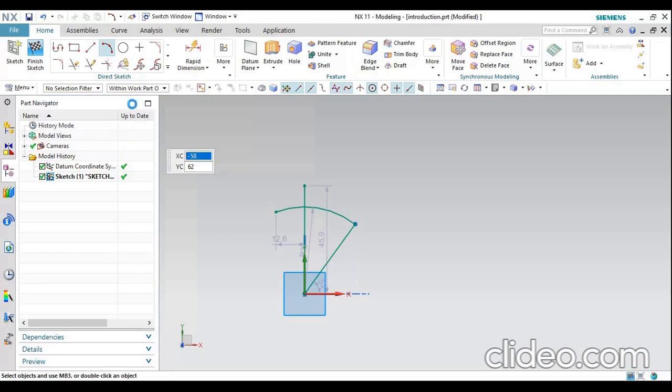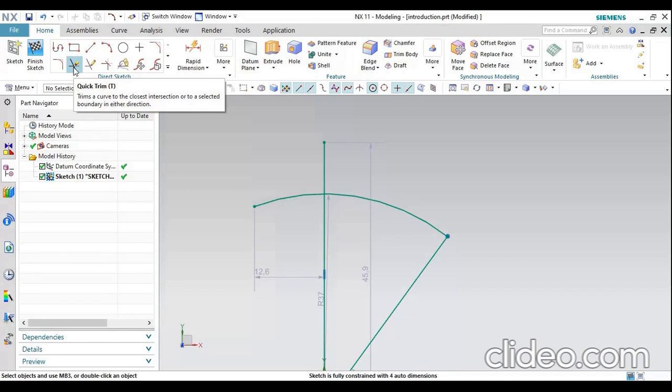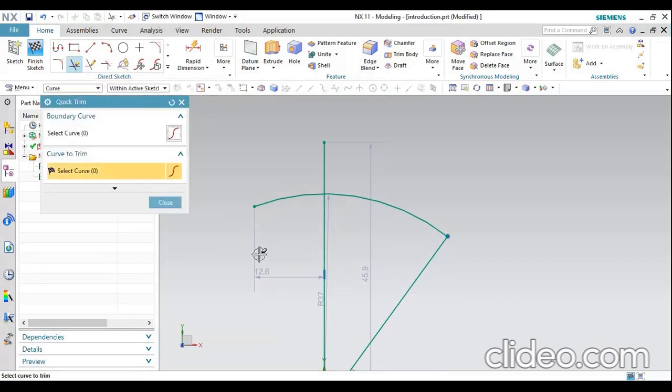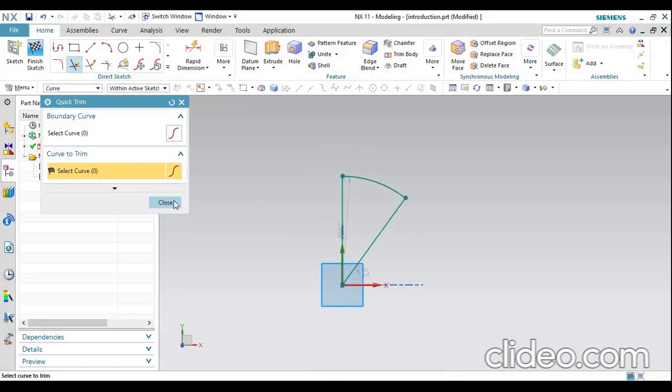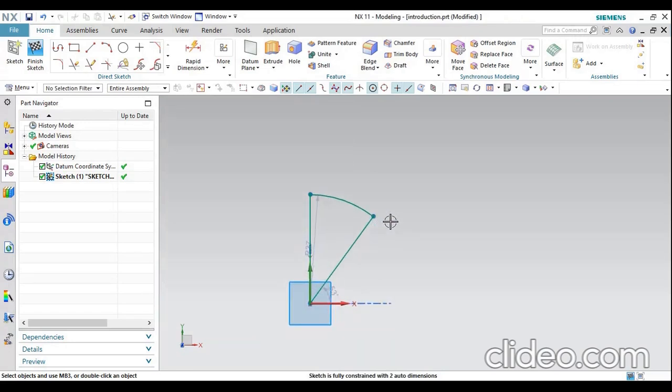Is that clear? So this is the unwanted sketch. I need to cut this line and this line with the help of the trim option. The trim option is used to cut the unwanted portion of the sketch. Click OK. This is how you have to generate an arc for a particular sketch.